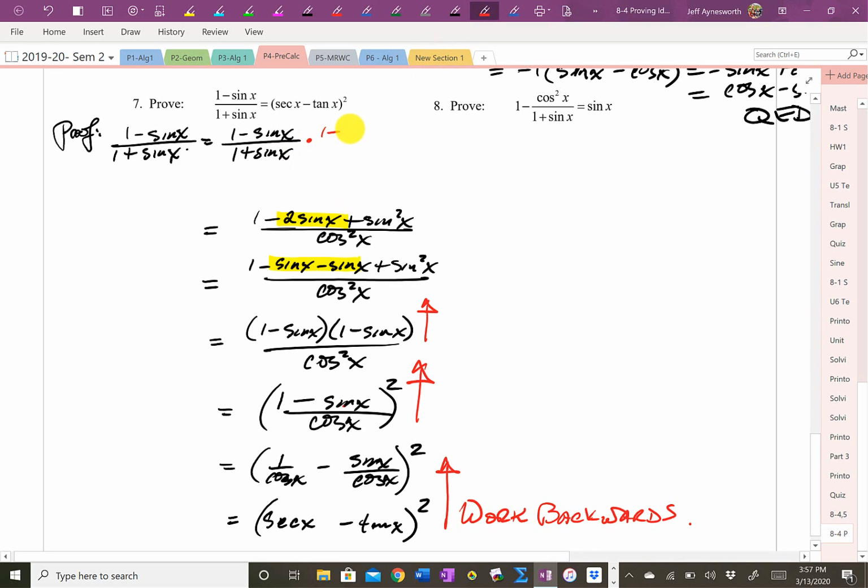So 1 minus sine of x divided by 1 minus sine of x. You saw me do this in a previous problem. All right, so let's see what we get. Okay, so let's insert a step here. So let's multiply up top. You get, oh my gosh, we just did this earlier. It's the same as this. Okay, so this is the same. So 1 minus 2 sine of x, or excuse me, plus sine squared of x, all divided